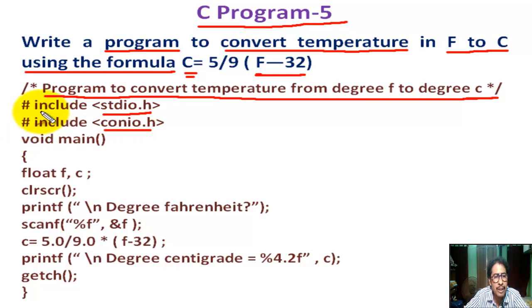Here all are small letters. For a normal program, we always add these two header files. Next, as per program requirement, when necessary, we can add other header files.